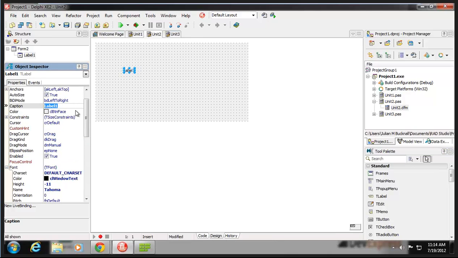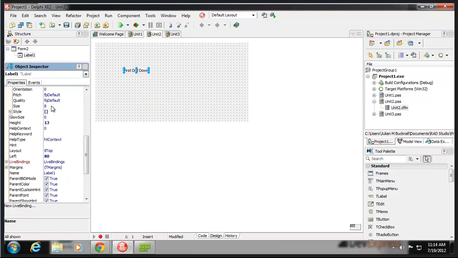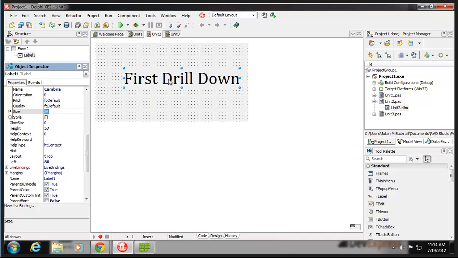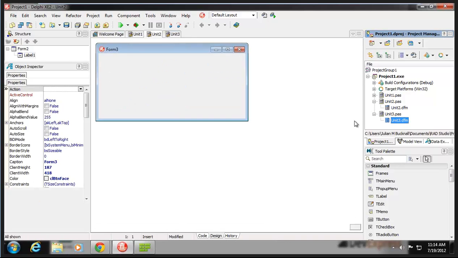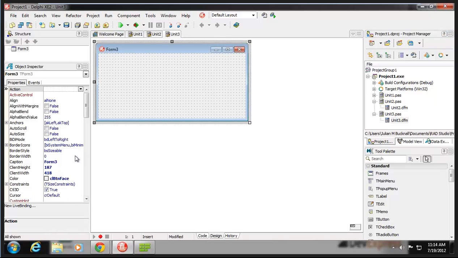This one is going to be called first drill down. So I'm going to create an application where the tiles are going to drill down to other forms, essentially. Let's make this nice and big so that we can all see it. Size, I don't know, 36 maybe. There we go. Fantastic. Just copy that, go to the second extra form, do the same thing, so no borders,